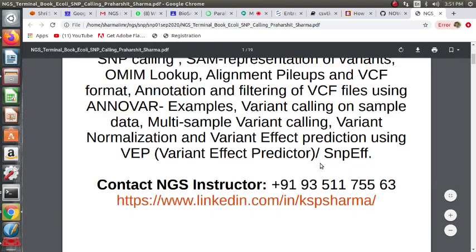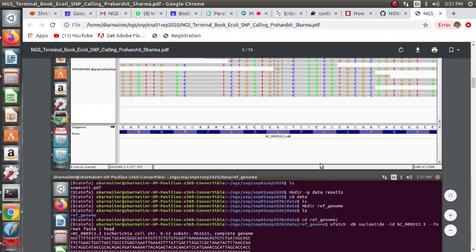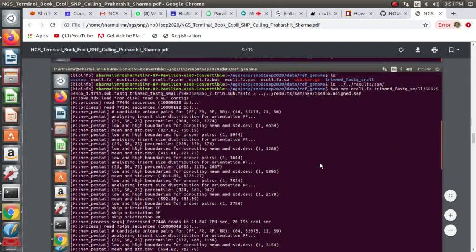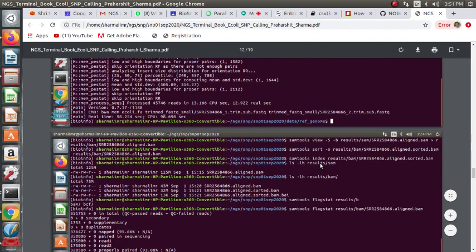Basically, we should sort and align the BAM file, and then using BCF tools we can convert into VCF format.